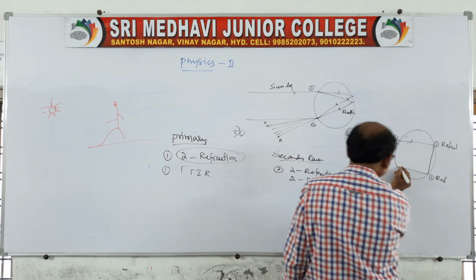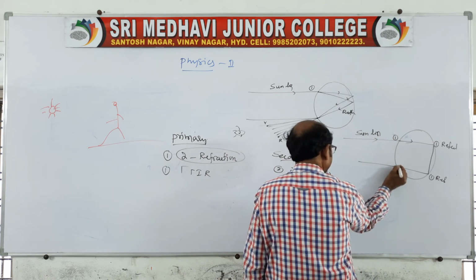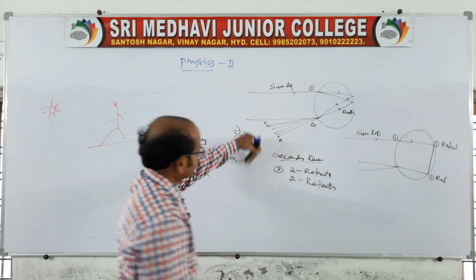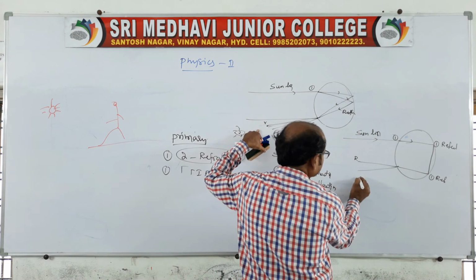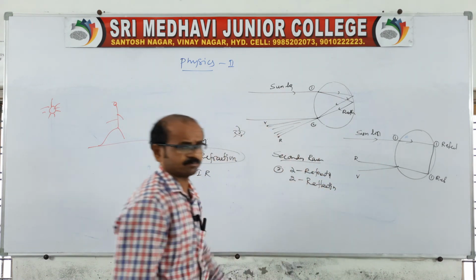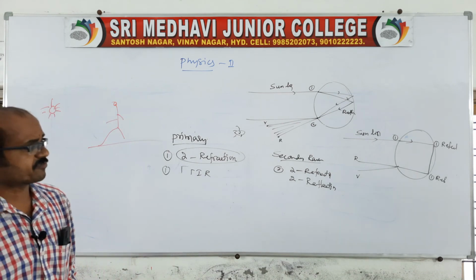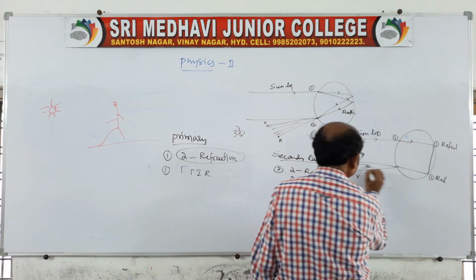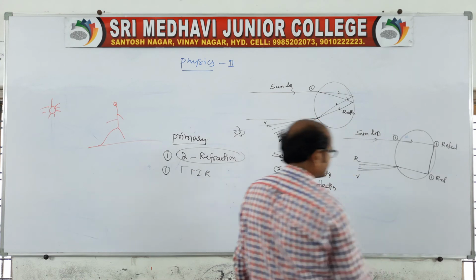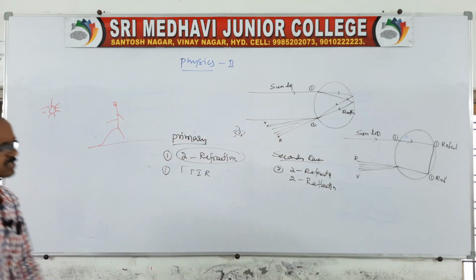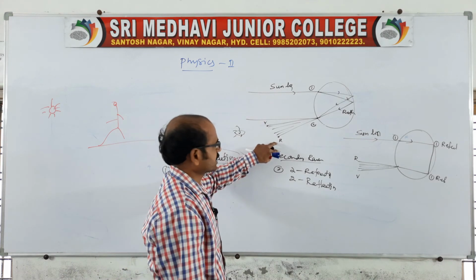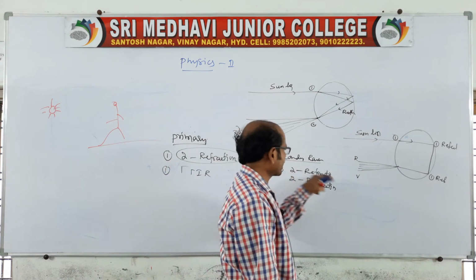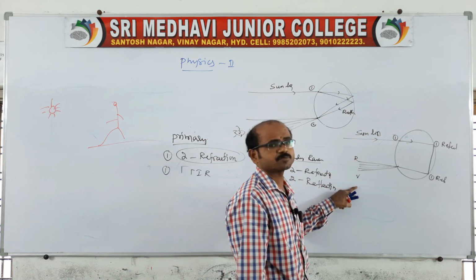Look at here. It is divided into the 7 colors like this. For this we get the reverse: now the red color is at the top and the violet color is at the bottom. So there are 2 types of rainbows, and the remaining colors are adjusted between these 2 colors. In the primary, violet is at the top and red is at the bottom, and in the secondary rainbow, red is at the top and violet is at the bottom.